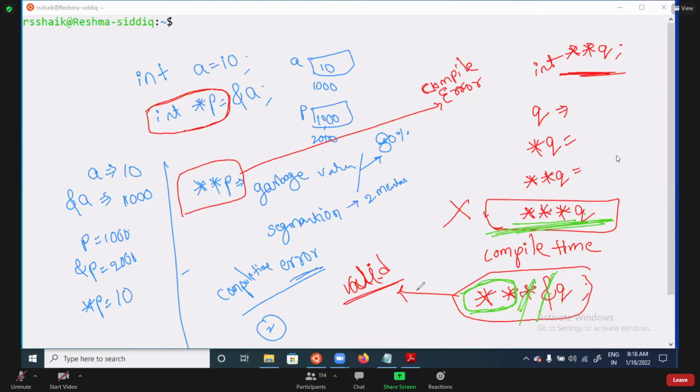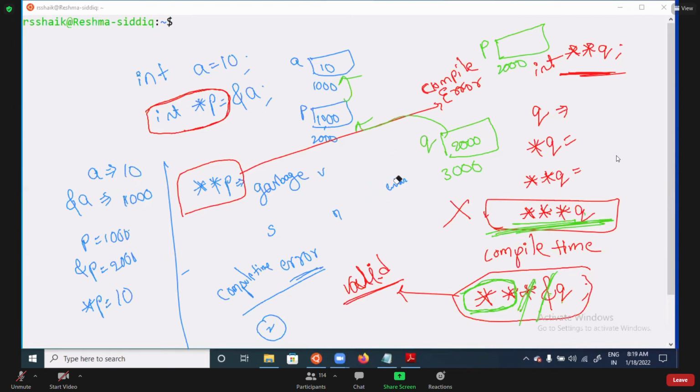Am I clear? Try to analyze here. Assume P is 2000, and here 2000 is there. The last point I am explaining, try to analyze, all of you.